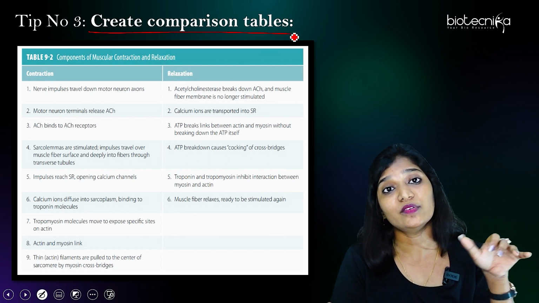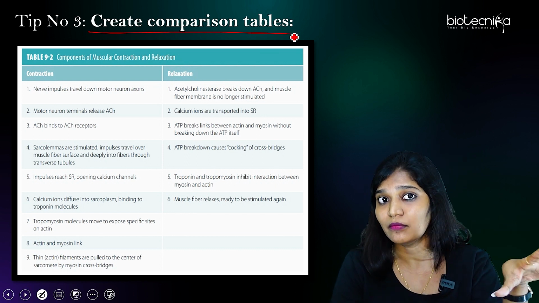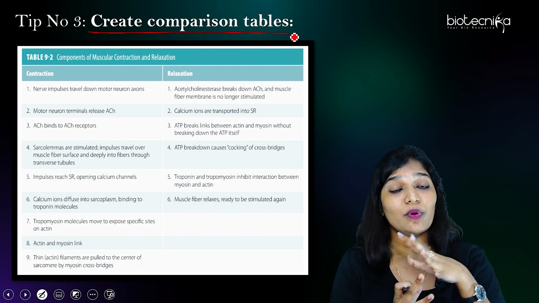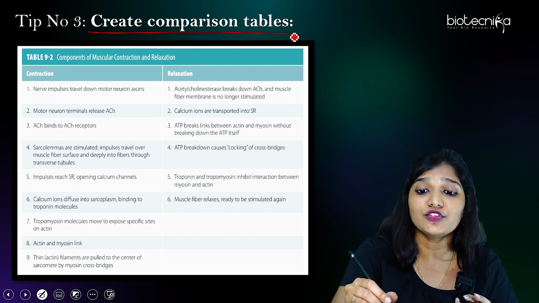Okay. Tip number 3. Create comparison tables. This is really important in animal system physiology, because you have to study a lot of things and compare things. So it's very good that you make